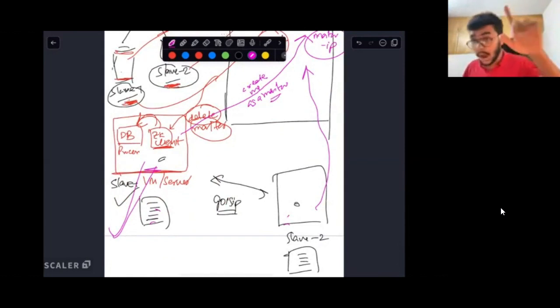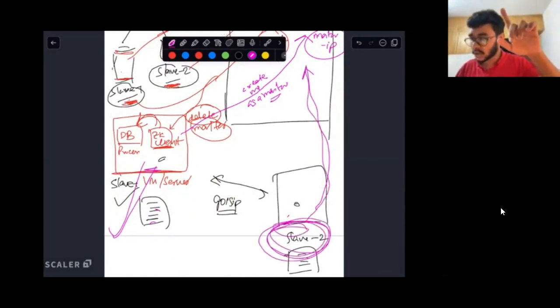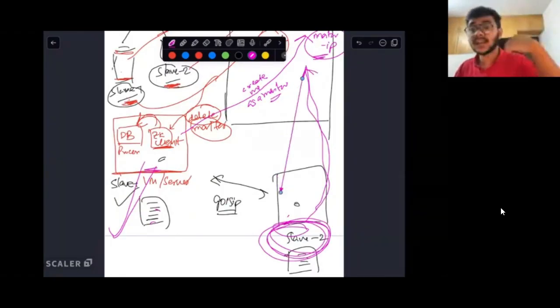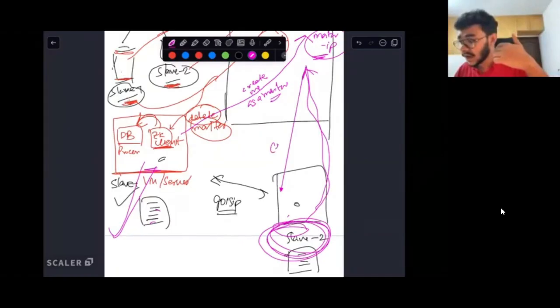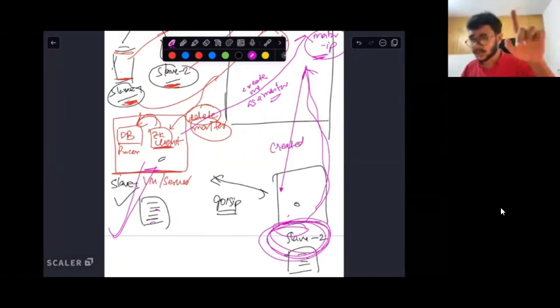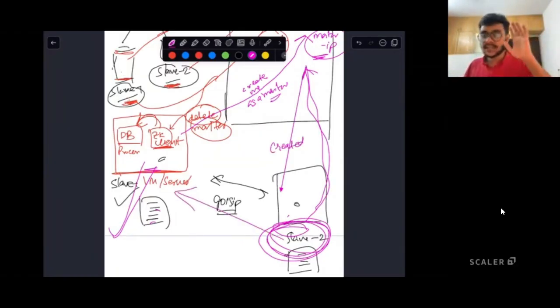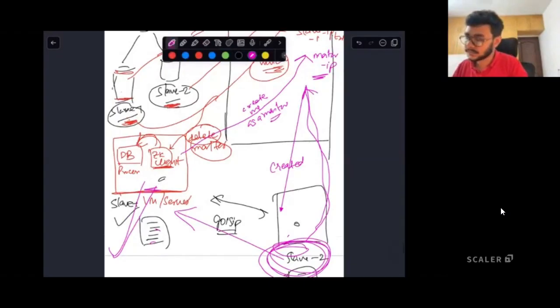And now slave 2, since it had set up a watch on the master IP file, will get a notification that this file is created, and that your new master is slave 1. This is how slaves in your cluster can get access to the IP address of the new master anytime a leader election happens, by reading the file from the Zookeeper cluster.